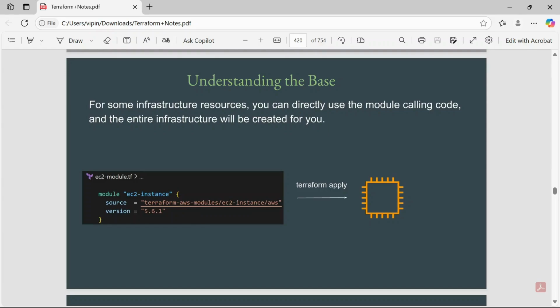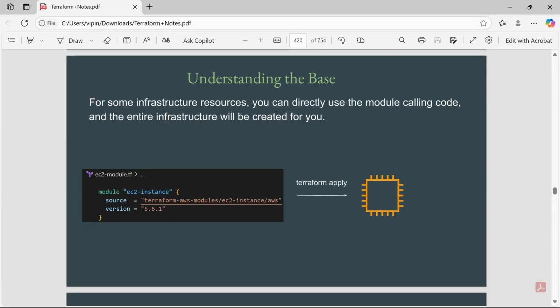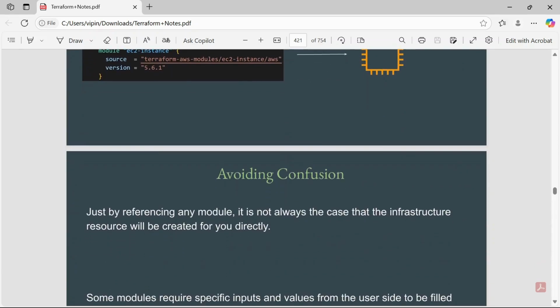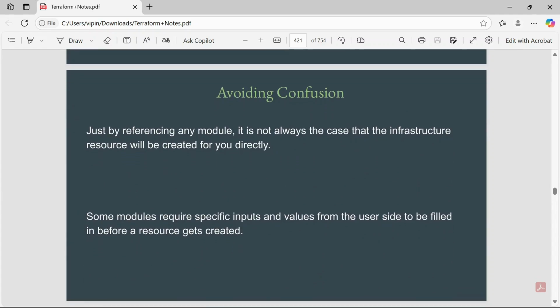If you don't want to use the version, it will always fetch the latest version of the module. Where we can refer modules from, we are going to discuss in upcoming videos. This video is just about how we can refer to any module and create resources.